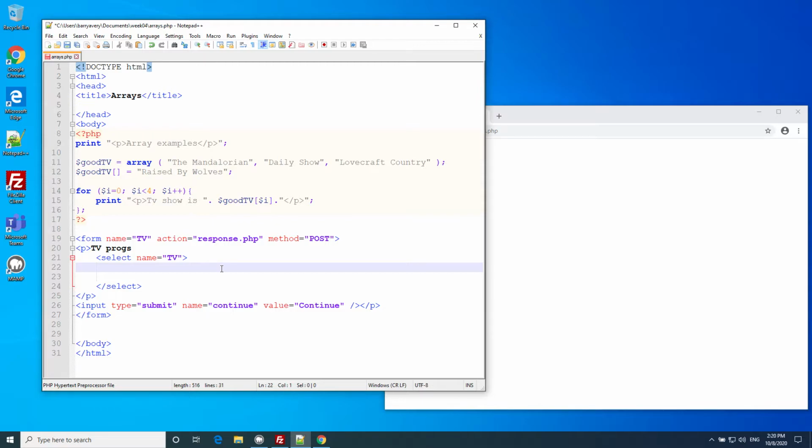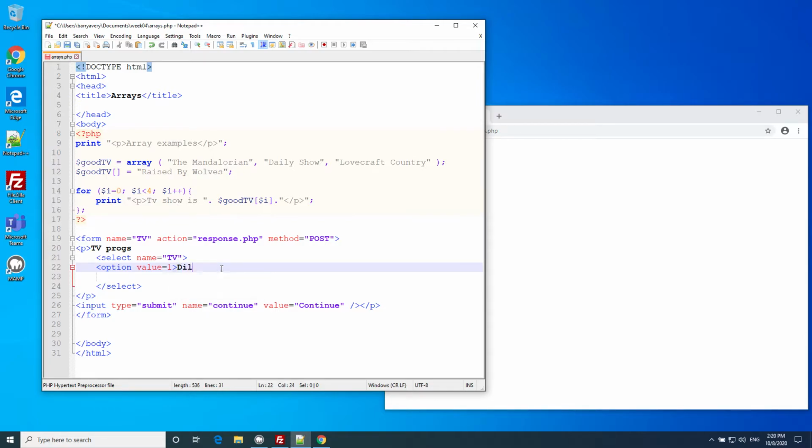Now the syntax for an option box, so I'm just going to type one of them down, would be something like this. We would go option value equals, and then we have some value like 1 or something, and then after that point, we would have the actual value that would be being used. So let's say